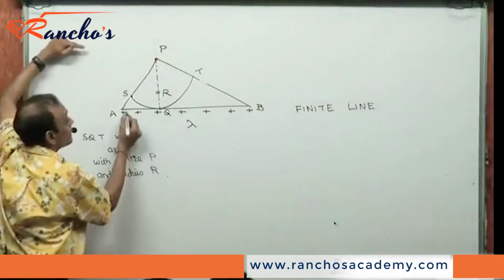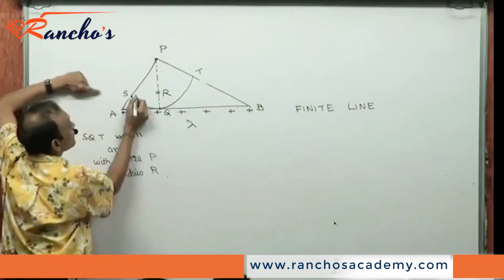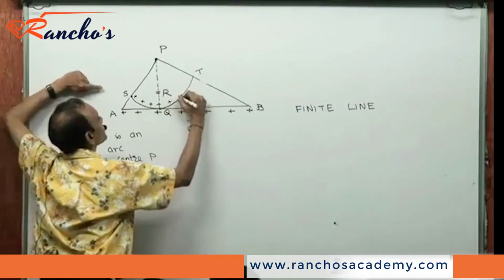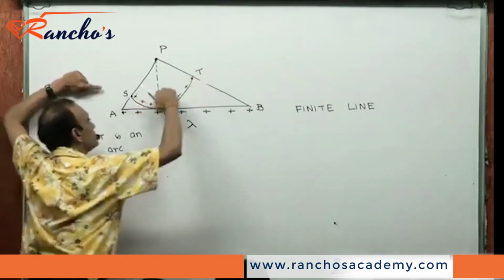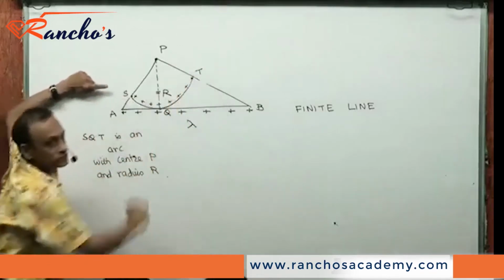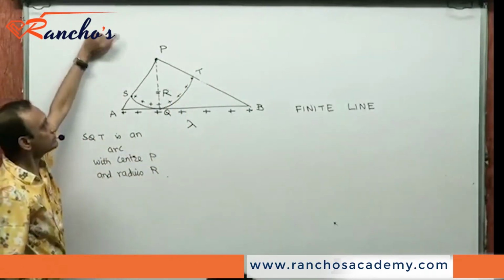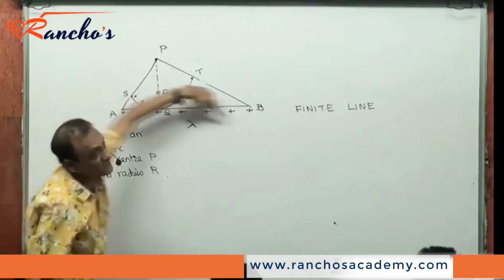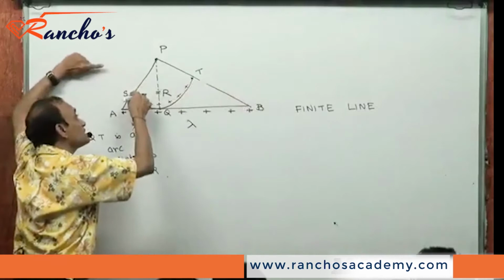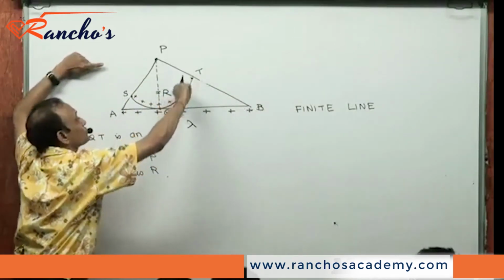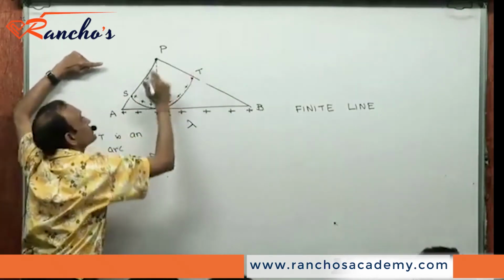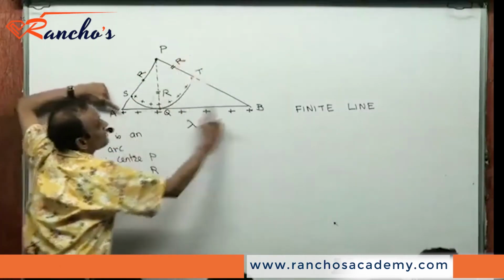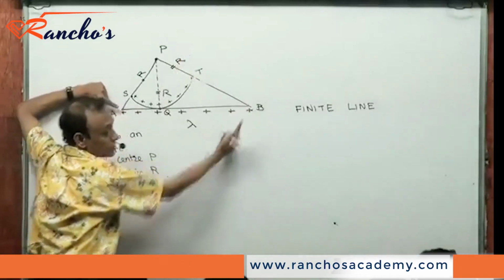And imagine this lambda to be over this arc. Imagine there is the same linear charge density on this arc. Then the field at P because of this line of charge will be the same as the field at P because of this arc of charge of radius R.